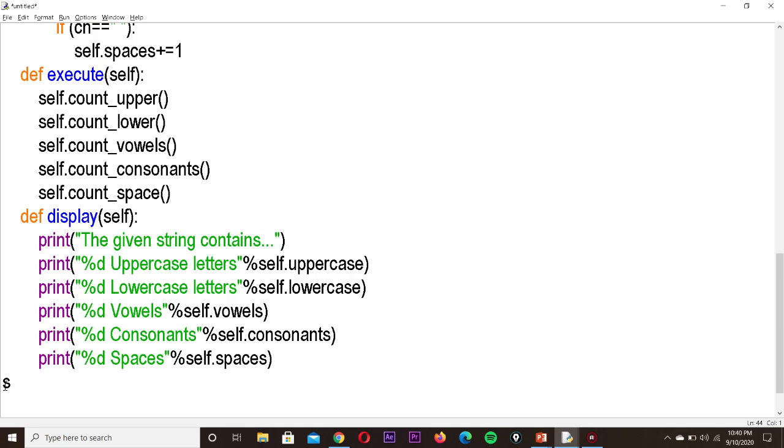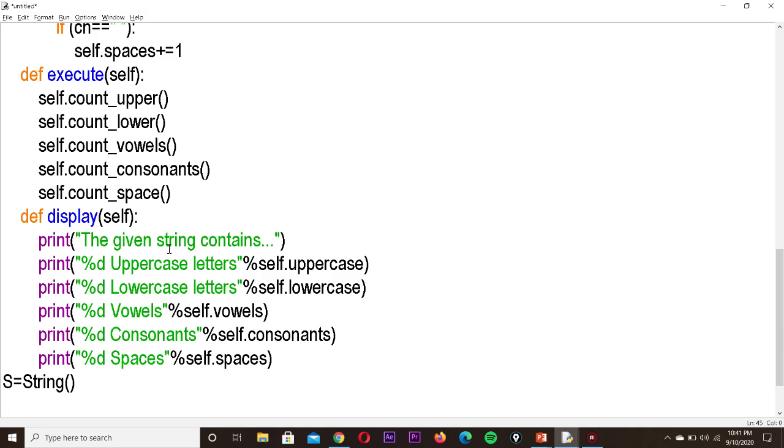So S is equal to... if you are writing capital S, everywhere you have to write capital S. If you are writing small s, everywhere you have to write the small s. I am using capital S. So S is equal to the class name, String, open and close brackets. This is the statement which is used for creating the object. So S is the object for the class String. So now I have created it.